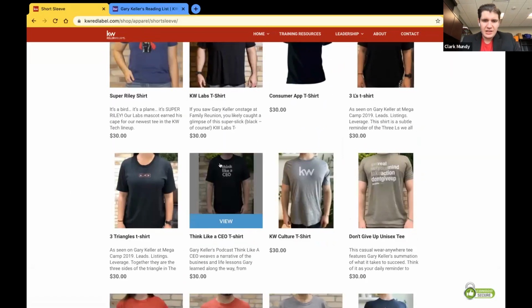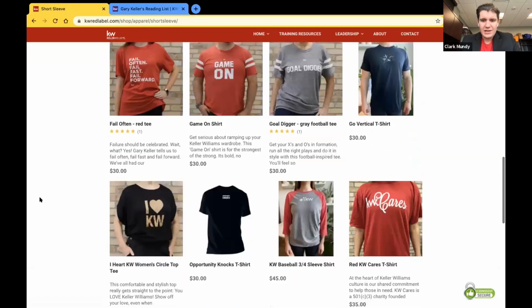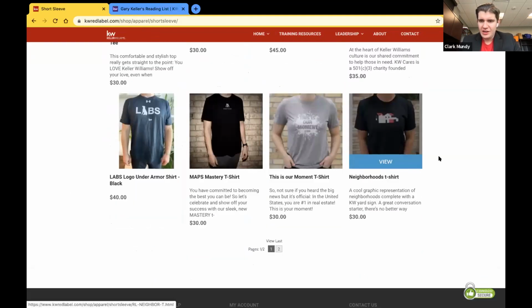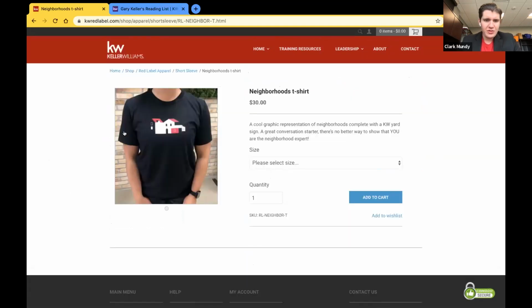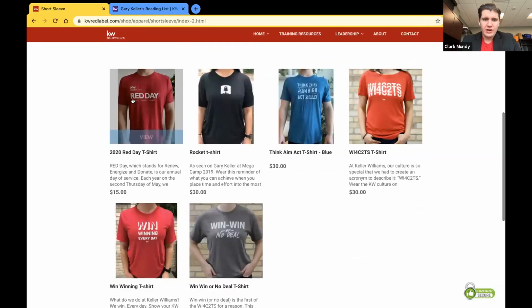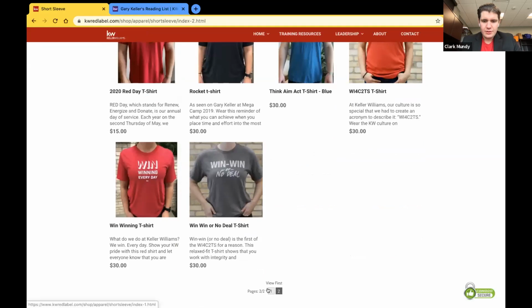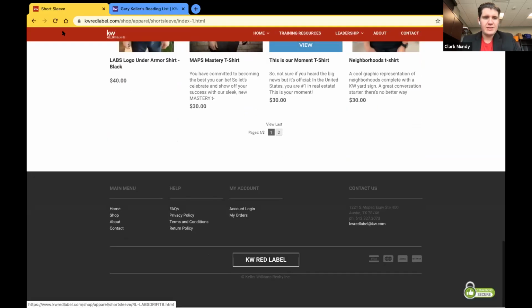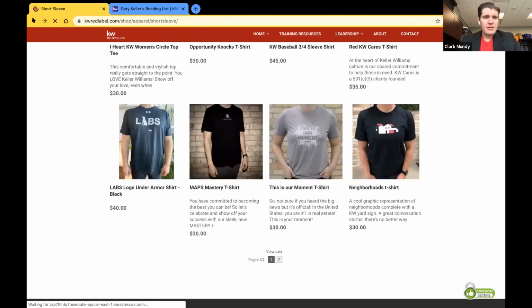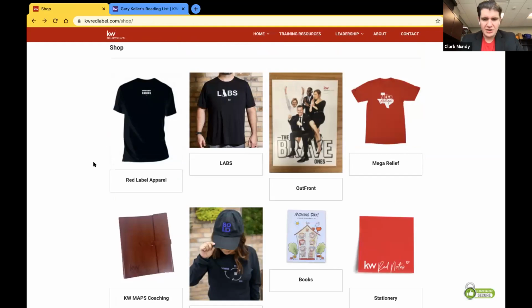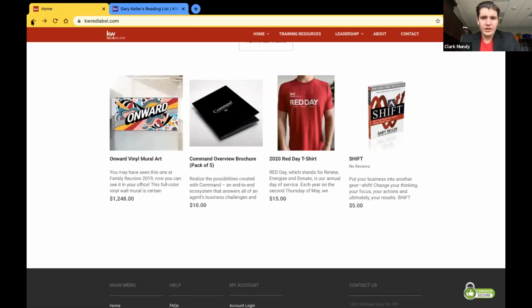And you can see there's the Think Like the CEO podcast. Got a Labs Under Armour shirt. I really like this one, a neighborhood shirt. This is one of my favorite ones that we have. So there's some cool options if y'all were wanting some apparel for that. You can get your Red Day shirt as well. But anyway, just wanted to make sure I showed y'all that. So if you're looking for something, feel free to check that out. You got bags, stickers, everything else under the sun in there that y'all can look at if you're wanting to